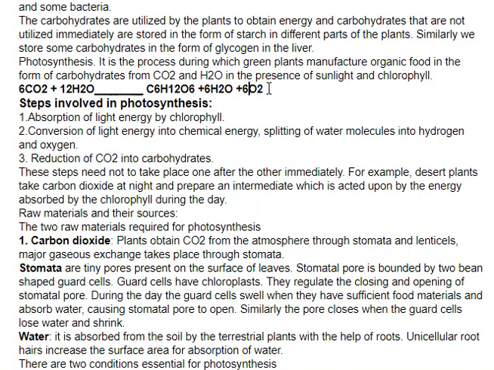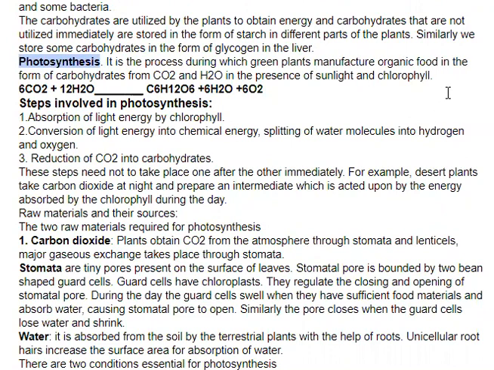So, steps involved in photosynthesis. What is photosynthesis? We have discussed so far over here. The key process of food making by the green plants is photosynthesis. Some bacteria also make their food, but not necessarily in the presence of sunlight. When we are talking about photo, it means the process of manufacturing organic food in the form of carbohydrates from carbon dioxide and water in the presence of sunlight and chlorophyll only.